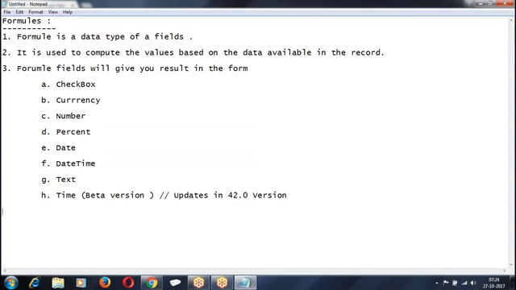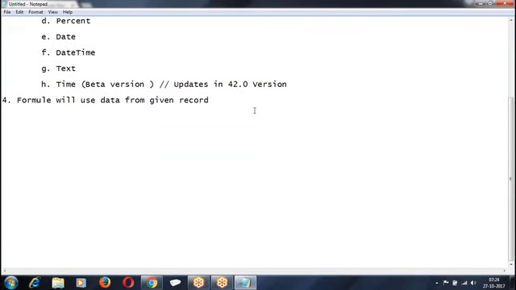Next, formula is going to use data from the given record and data from the global object. Formulas will use data from the given record or data from the global object.